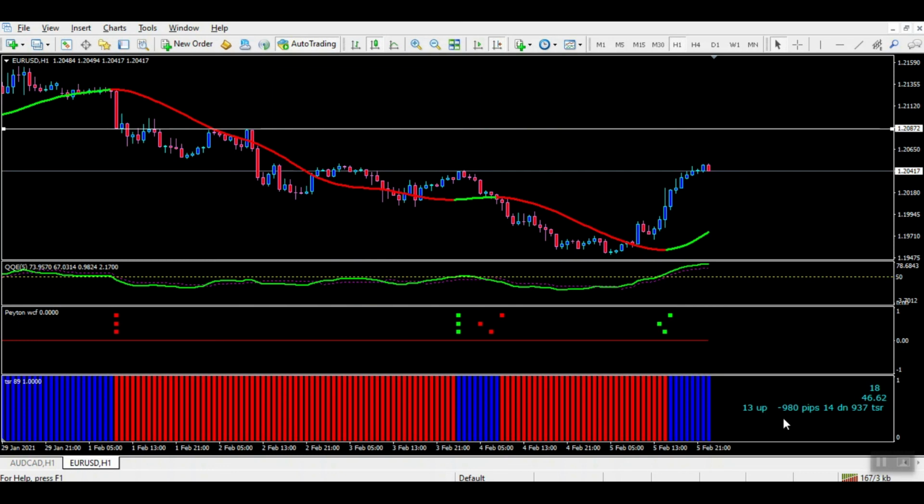In this case right here, it wouldn't have helped that much, would it? 980 versus say 940, 40 pips, it wouldn't help that much across 13 trades. But sometimes it will. So, but anyway,